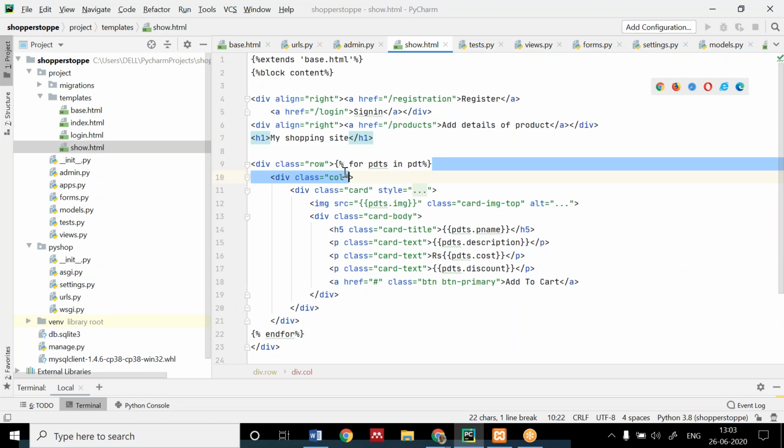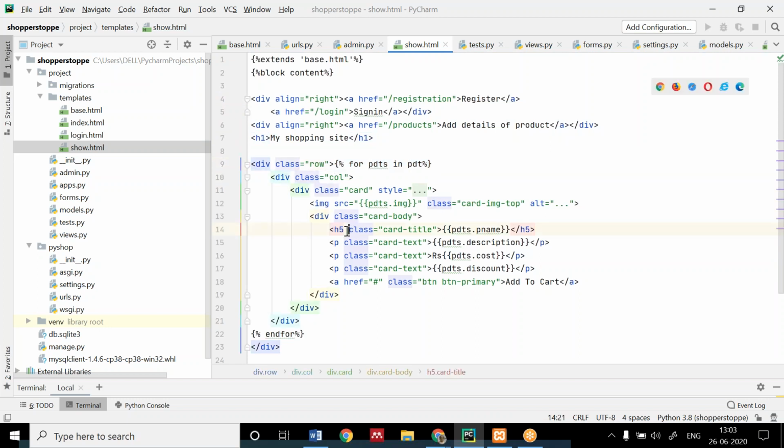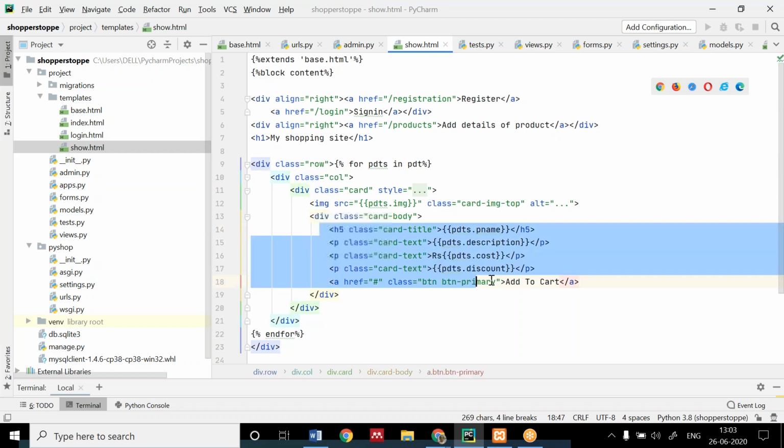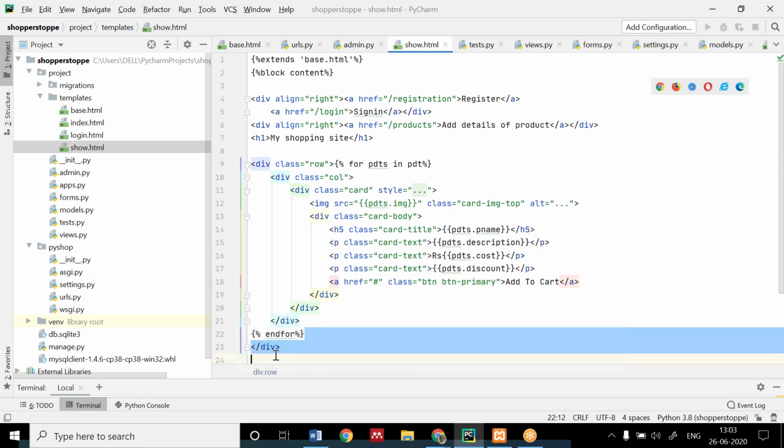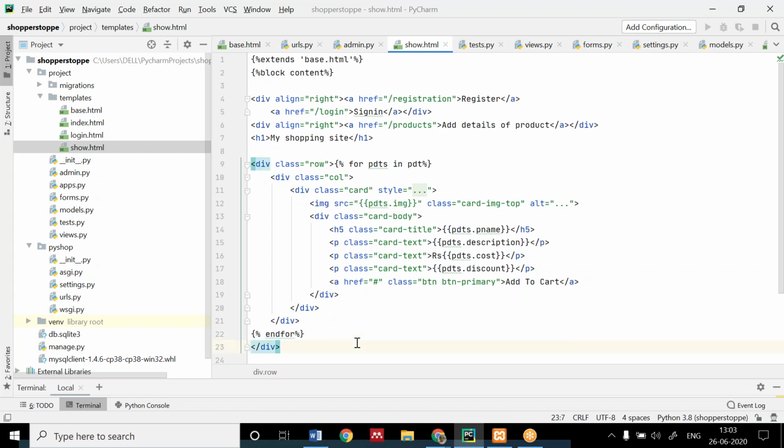Then you can write the for loop. Then you can use a paragraph or H5 tag only. Don't write a class or anything, and write this whole thing and endfor. Write it down. If you use Bootstrap, then see which code has to be written where. Just give it some time, you will get it.